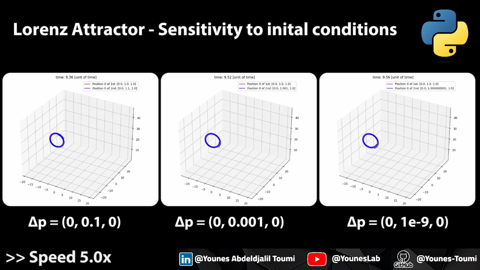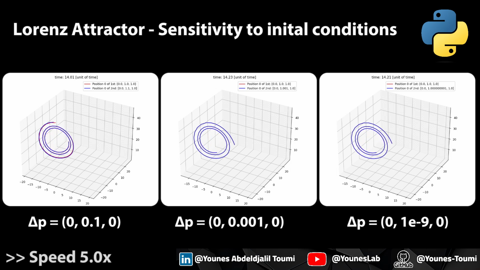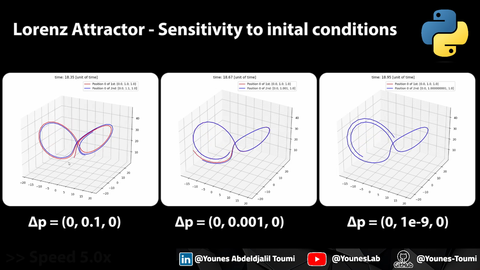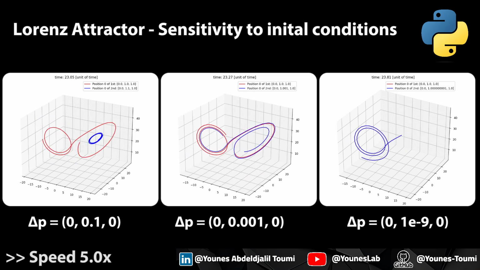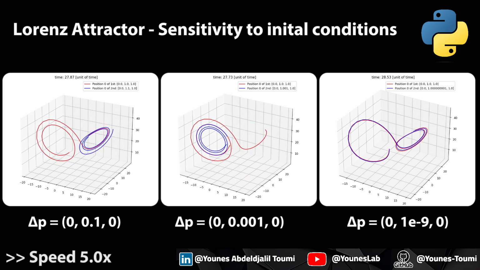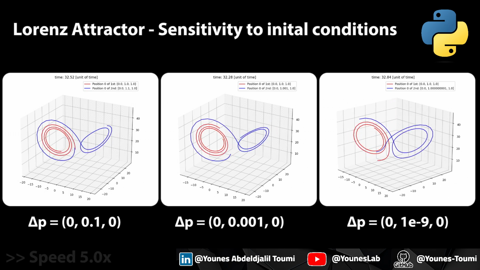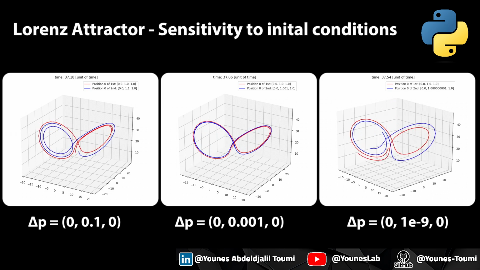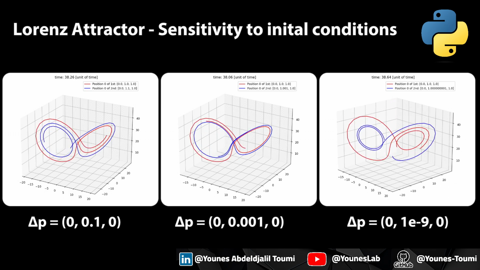In the first one it was 0.1, the second one it was 0.001, and in the third one it was e to the power of -9. You can see that eventually they all diverge, even though we take just a slight difference in initial positions. This beautifully underlies the high sensitivity of some dynamic systems to initial conditions, which is at the heart of chaotic